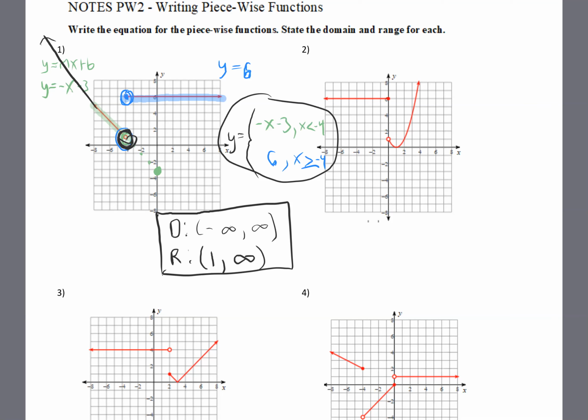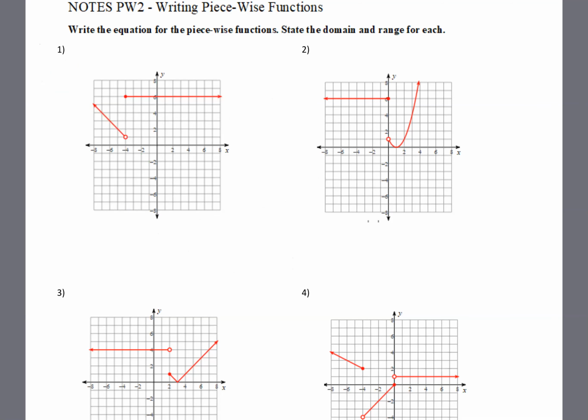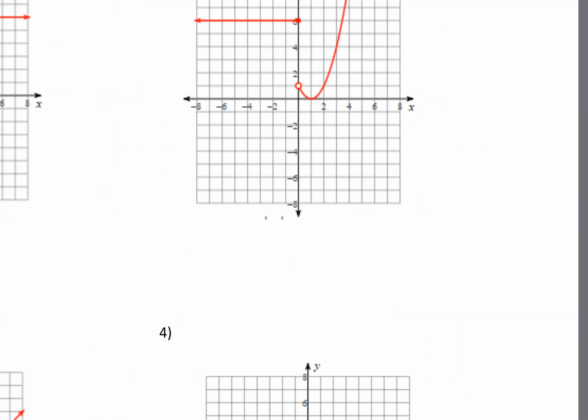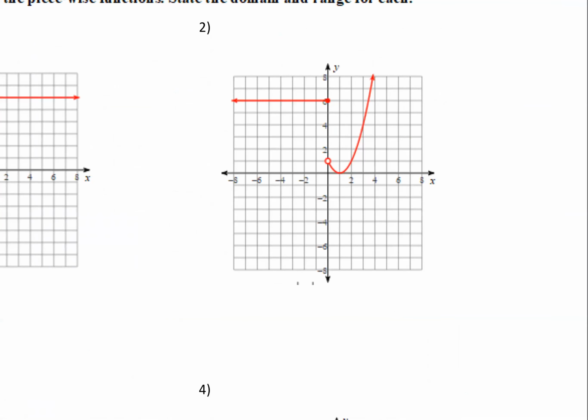Okay, so I'm clearing this. So let's do number 2 now. Okay, so number 2. So for this first part, I'll start with green here, so I'm going to highlight this one in green. If this line continued, can someone tell me what's the equation of this line? Y equals 6. Okay, y equals 6. Okay, so when you're writing a piecewise function,